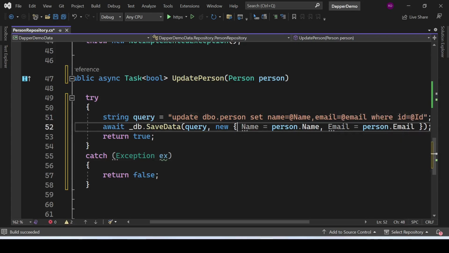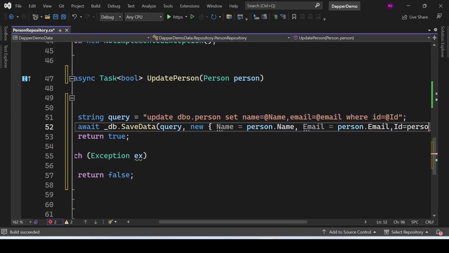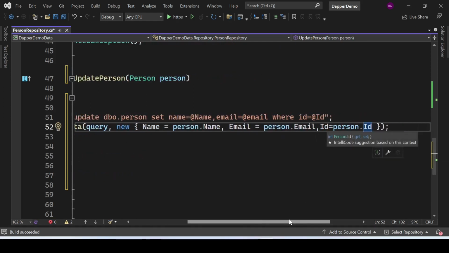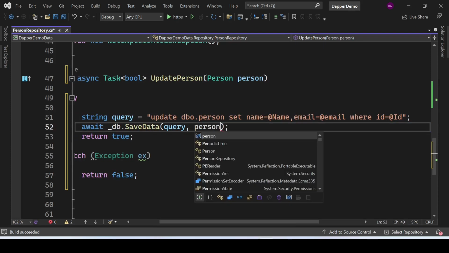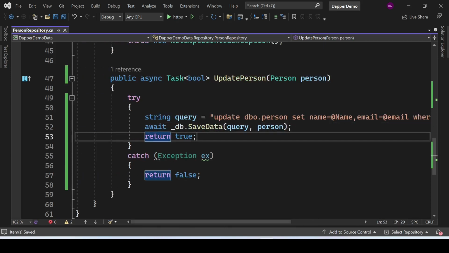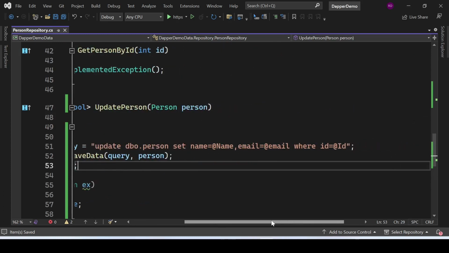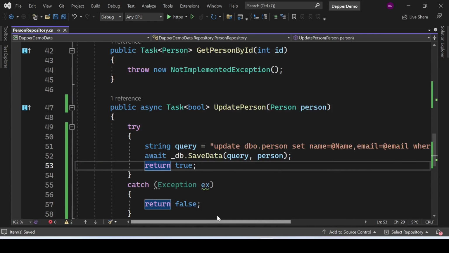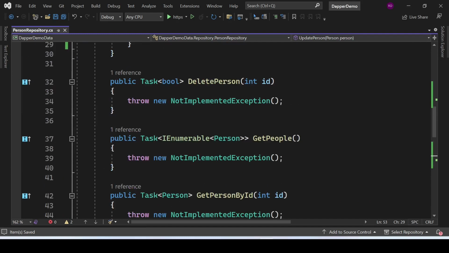Okay, so we can provide an id here, so it will be person id, or we can pass a whole object here like this. That will also be okay, I guess. I'm not so sure, but I guess. Okay, that's it, and we are good now. Now what should we do? Okay,